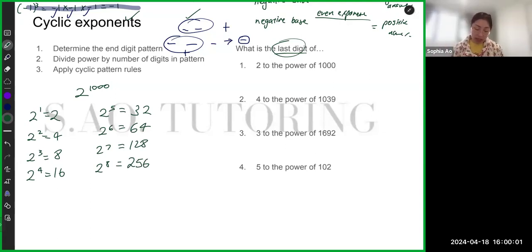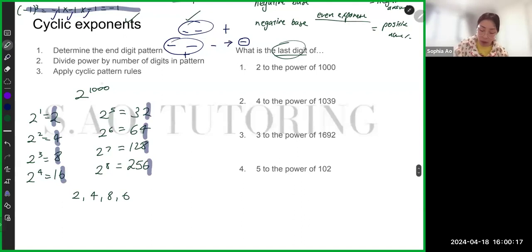But yeah, over here, let's have a look. Can we spot any pattern with the last digits? Why, yes, we can. 2, 4, 8, 6, 2, 4, 8, 6. So that is our pattern. So let's write that down. 2, 4, 8, 6. Now we are raising 2 to the power of 1,000. So it basically means go through this pattern just 1,000 times. So if we did 2 to the power of 4, we'd go 2, 4, 8, 6. If we did 2 to the power of 7, 2, 4, 8, 6, 2, 4, 8, and we'd end on